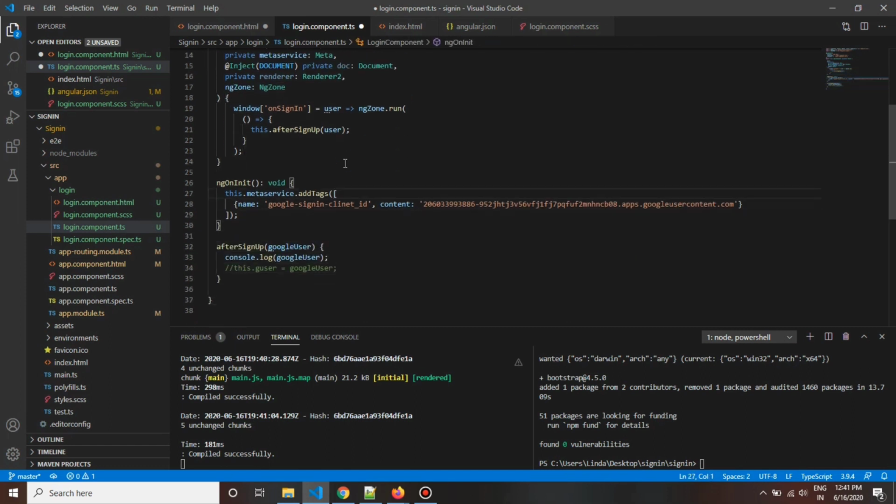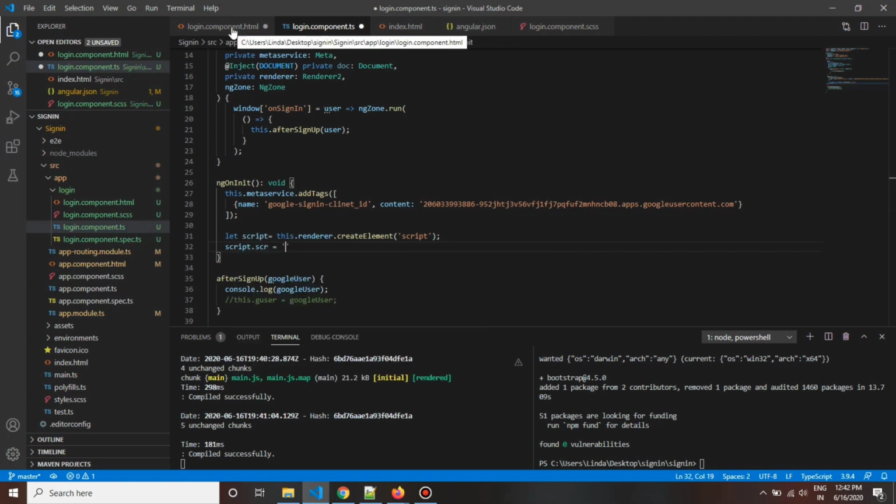Now go to ngOnInit, and let's add all the attributes that are needed. Let script equal to renderer.createElement. The createElement will be the script type,